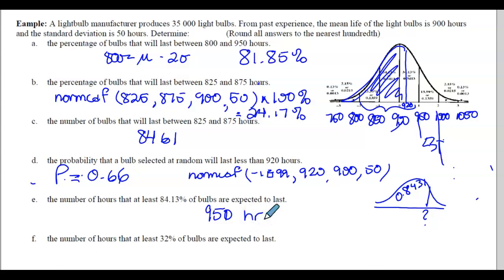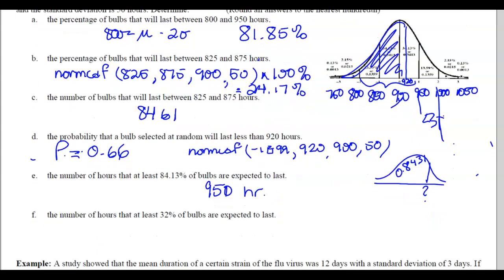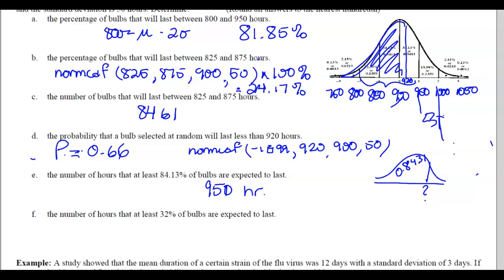Okay, the number of hours that at least 32% of bulbs are expected to last. So again, 32%, so that is the bottom 32%. Now, let's just think about this for a sec. The number of hours that at least 32% of the bulbs are expected to last. So actually, when you think about this,